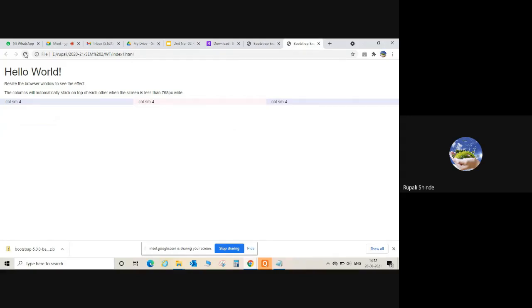But actually, because we are going to execute that complete web page on the laptop, if you specify xs, that means if your device screen is less than 768 pixels, again it looks like this. The same code we are executing on the laptop only, but if your screen width is less than 768 pixels, it still looks the same. Are you getting it?